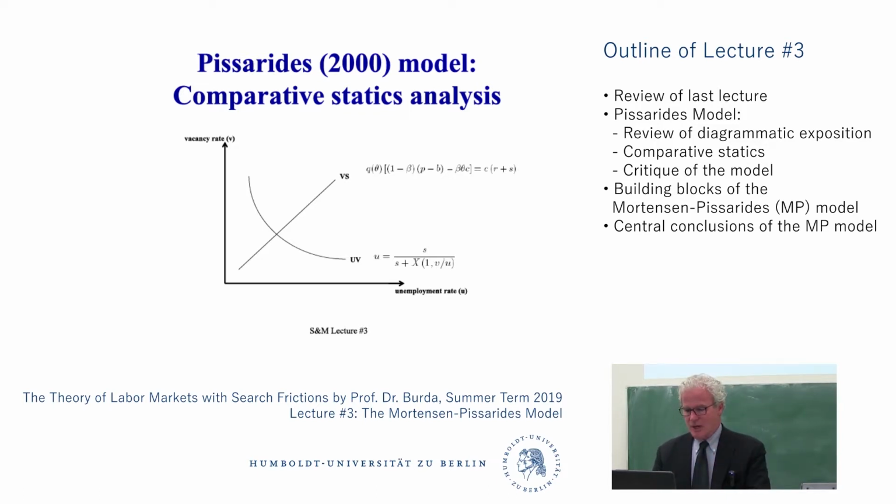So Shimer basically took a model like this and put a macro frame on it and tried to see how well the model could predict this high volatility of V divided by U. And he found that it doesn't do such a great job. Even though it gets the direction right, the magnitudes are much larger in the data. So that's called the Shimer puzzle. You could praise the Pissarides model for giving rise to the Shimer puzzle and giving us a framework to think about it. And I'm really glad that you're not taping this.